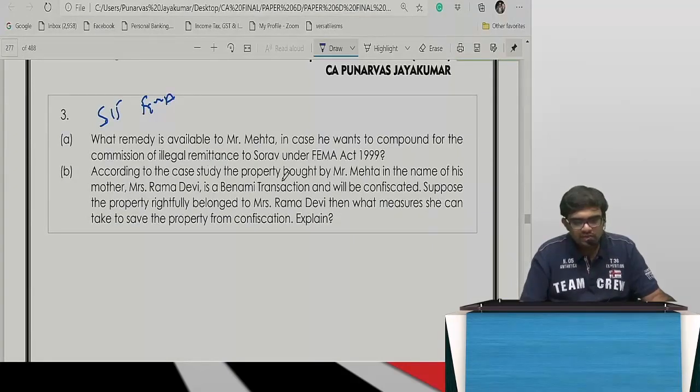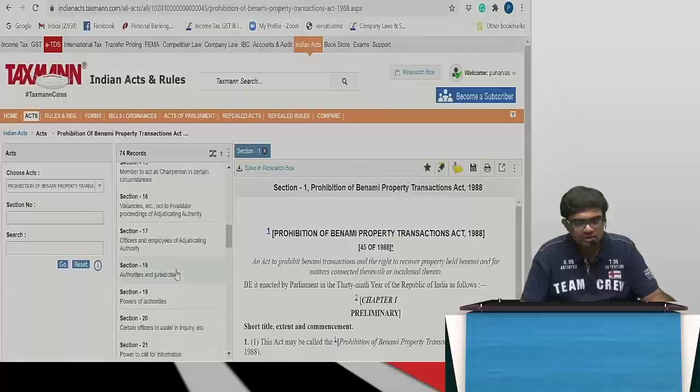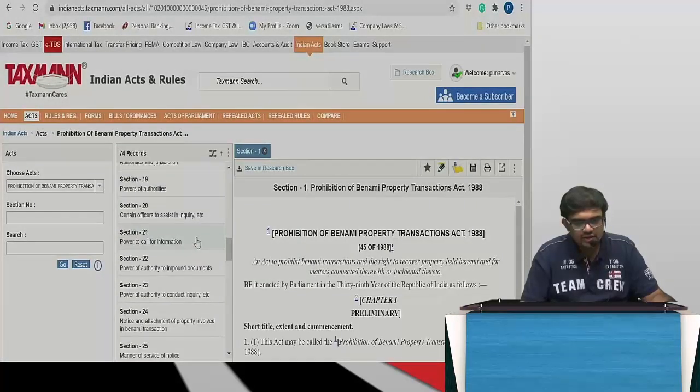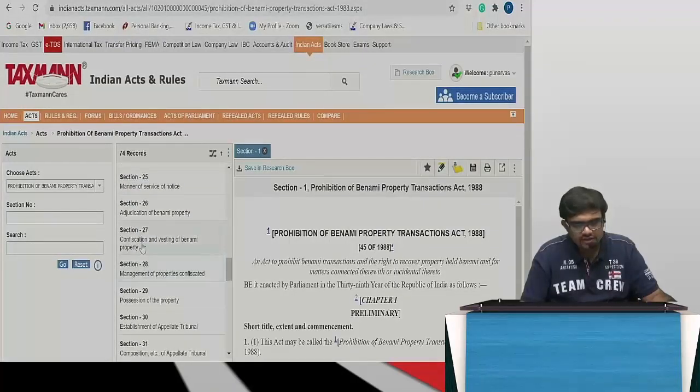According to the case study, property bought by Mehta in the name of his mother, a Benami transaction, will be confiscated. So for confiscation provisions, for example, go to the Prohibition of Benami Property Transactions Act. Can I impound the property? If you see section 27 of Benami, and also the entire adjudication procedure we have discussed,